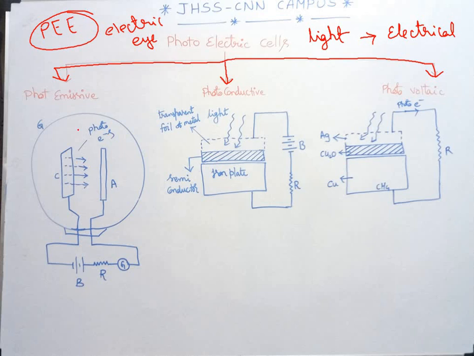A vacuum cell means there is no gas at all. The moment it crosses the threshold frequency, it will start, and this kind is used in photometry and televisions. The second one is the one we just spoke about, the gas filled. In this, the current will be somewhat larger, and remember that it will never be proportional to the intensity.